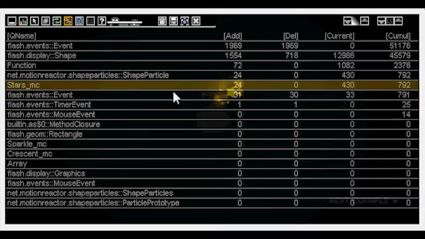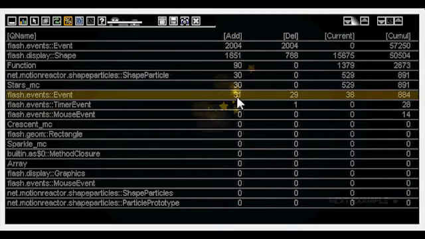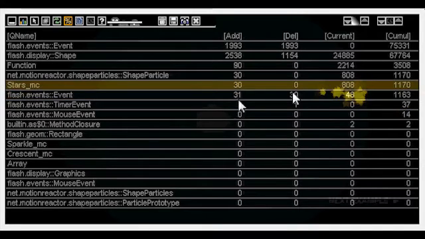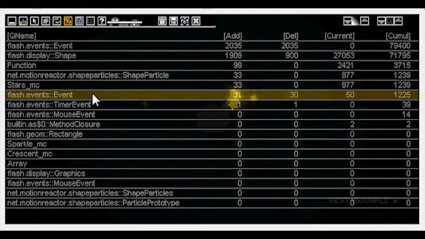This is the added and delete part, which isn't in the Flex Profiler. It is kind of cool because you can see here that the cumulative is going up, but the current isn't. So those 30 objects in the event here are allocated in one frame and removed in the other one. So they aren't garbage collected because they would show up on many frames, but they are part of the reap